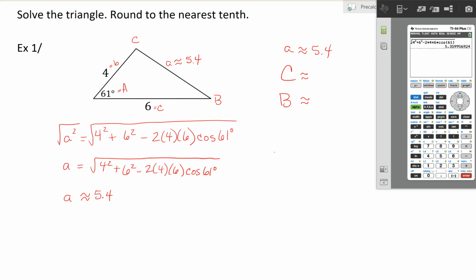I have, let's see, sine of big C over 6 is equal to the sine of 61 degrees over 5.4. So sine of C is approximately, I'm going to multiply both sides by 6, so I get 6 times the sine of 61 degrees divided by, go up and grab that number on your calculator so you're not using rounded numbers,